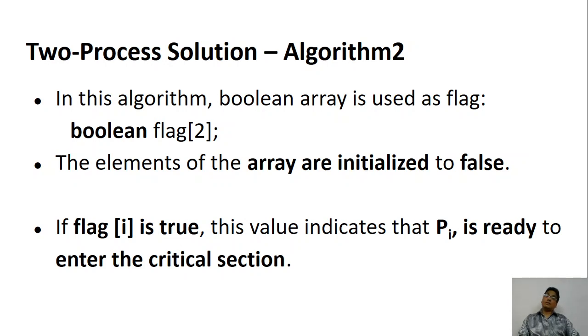The upgradation can be done using one other option. In this case we will not take an integer variable, but we will take a boolean flag that is initially set to false, and if the flag is set to true, then that process will continue. For example, for the ith process, if flag of I is true, remember it's a boolean value, not 0 or 1, then the ith processor can enter, the jth processor cannot enter.